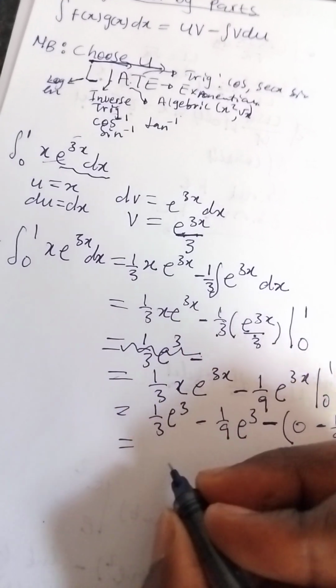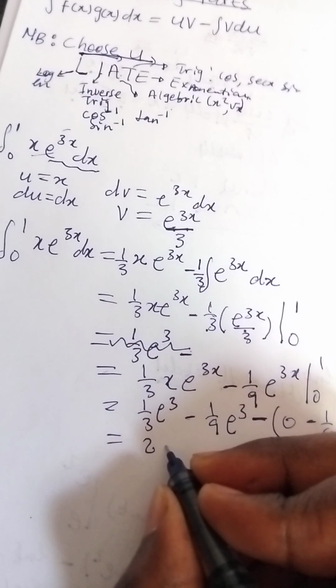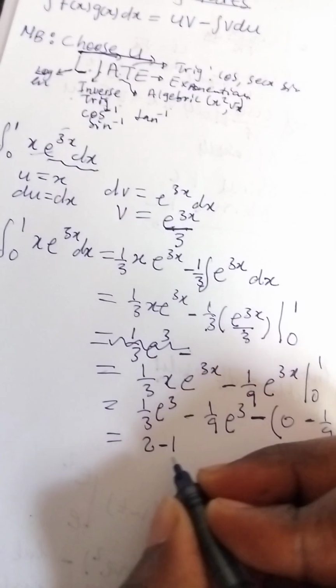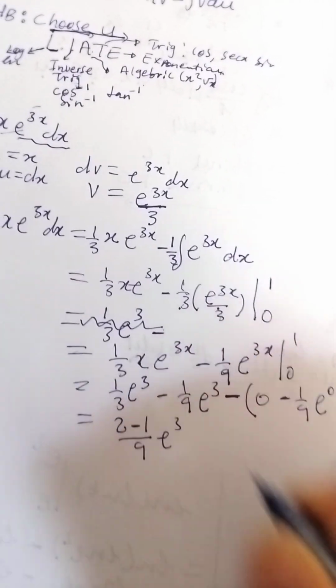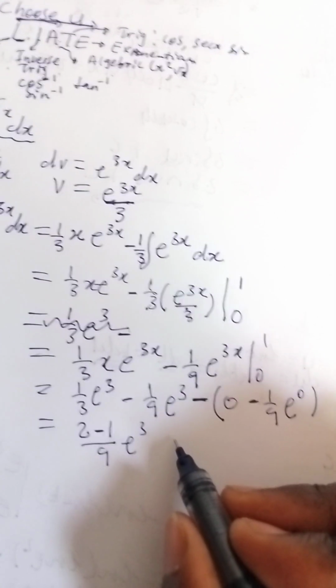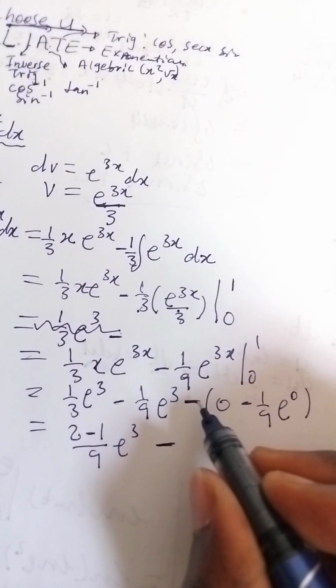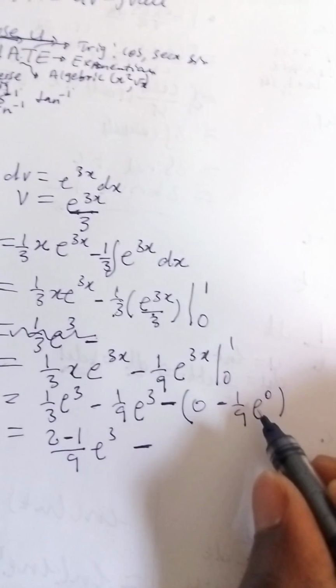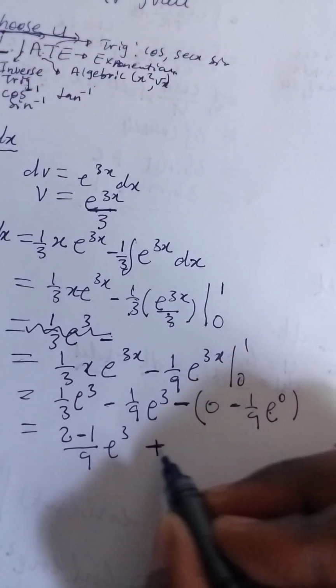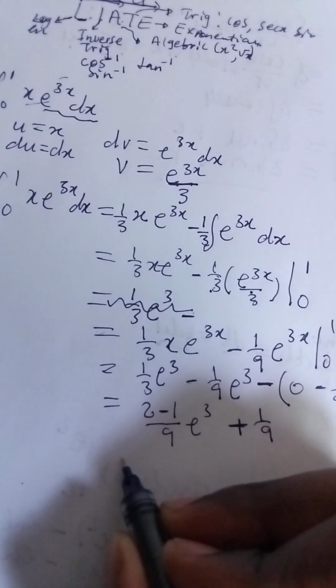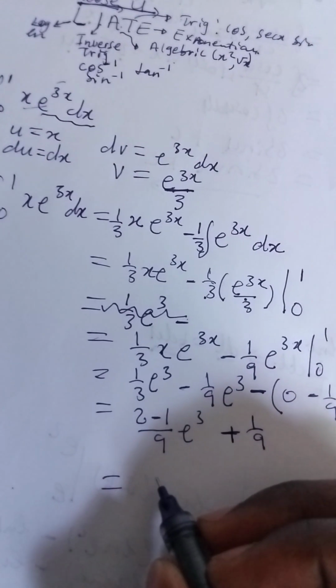So if I'm subtracting them, I'm ending up with 2 minus 1, everything over 9 times e to the power 3. Okay, then minus this by that. Remember, this is just 1, so this minus that is just 1 all over 9. So plus 1 over 9. So this will simplify to